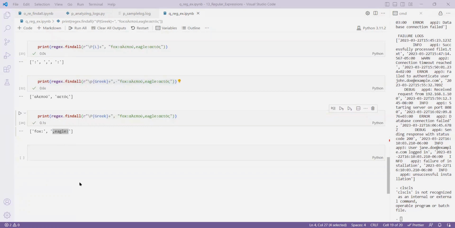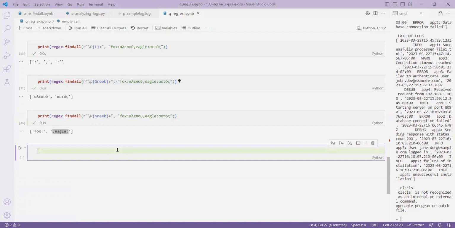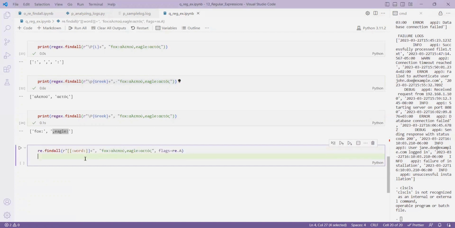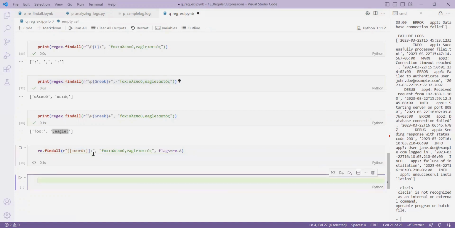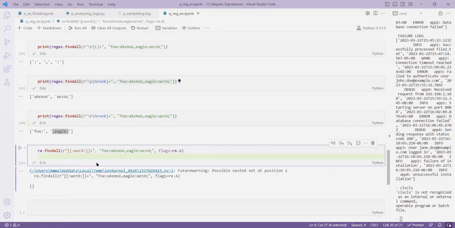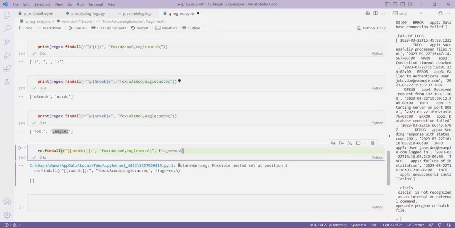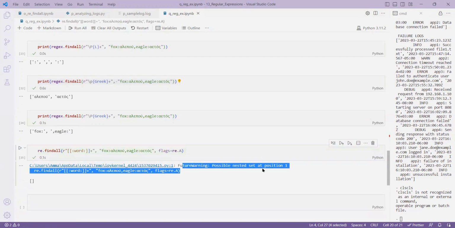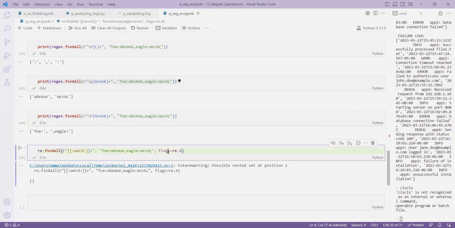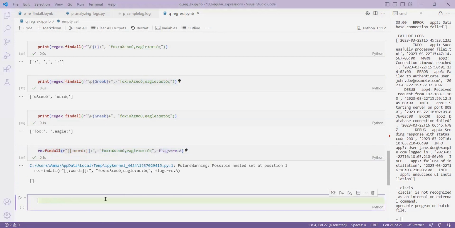At the same time, whatever the existing re module does, those also will work. In the existing re module, if I want to match a word, we know till now \w, right? \w plus. Similarly, we can go like this. What does it say? A FutureWarning, so possibly next time you cannot work with it. And similarly, if I do the same thing with the regex module like this,